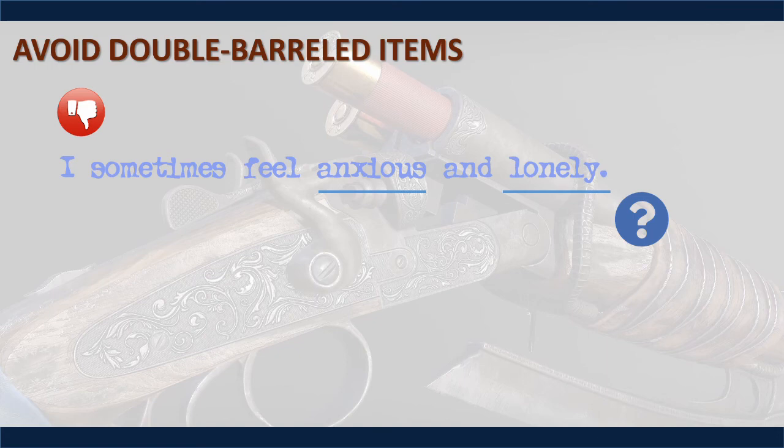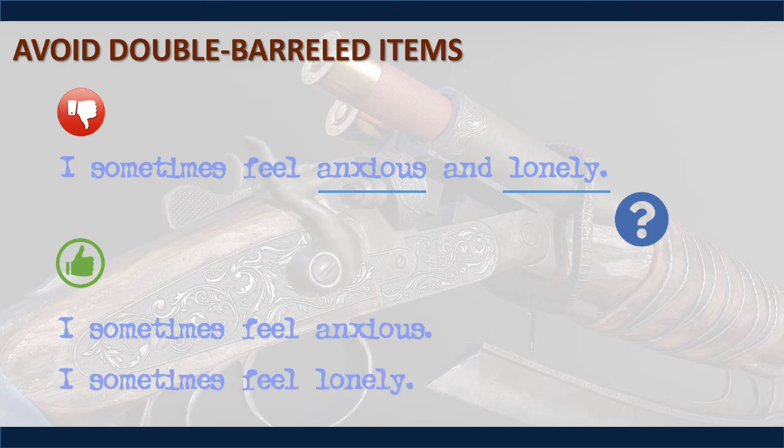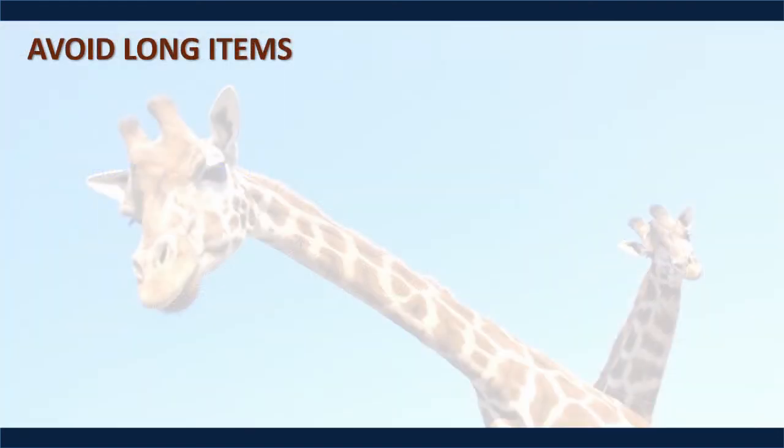You can separate the item into "I sometimes feel anxious" and "I sometimes feel lonely" to avoid the double-barreled item. The next guideline is to simply avoid long items or questions. The problem is that questionnaires are already generally pretty long and participants get easily fatigued when they take them. This is why it's necessary to keep them from getting even more fatigued by keeping items concise and to the